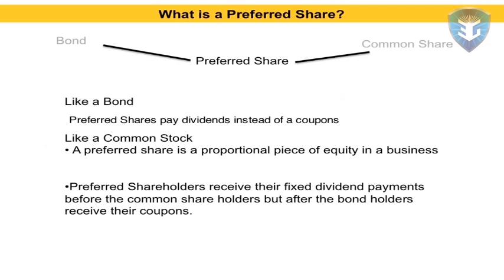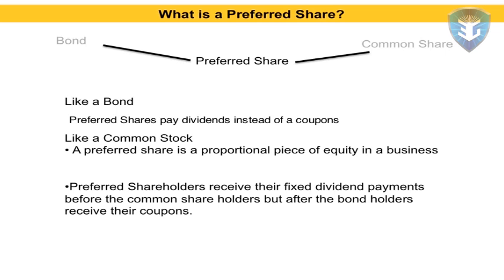One of the unique things about a preferred share is a lot of people would think that it would operate and have a lot of the same fundamentals as a common share, but it actually operates a lot more like a bond. So whenever you buy a preferred share, instead of having a coupon, it's going to have a dividend. A preferred share is a proportional piece of equity in a business. Now, what will confuse a lot of people is your piece of that business, your equity of that business, is only going to come about if the company would liquidate.